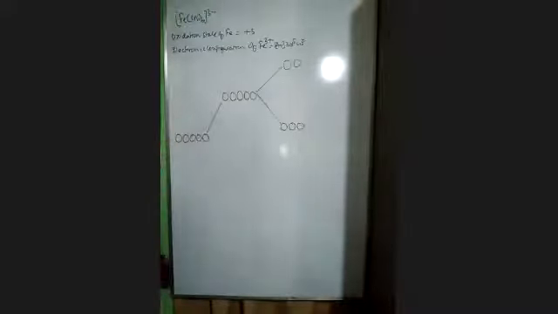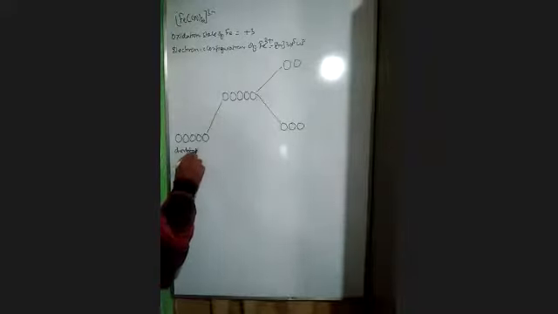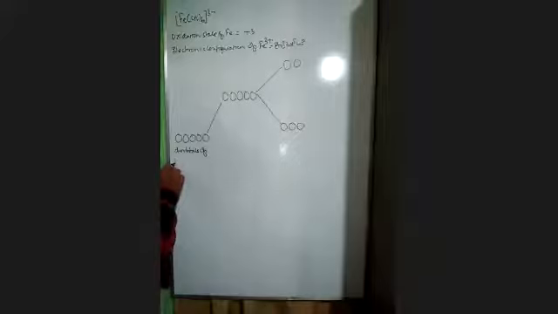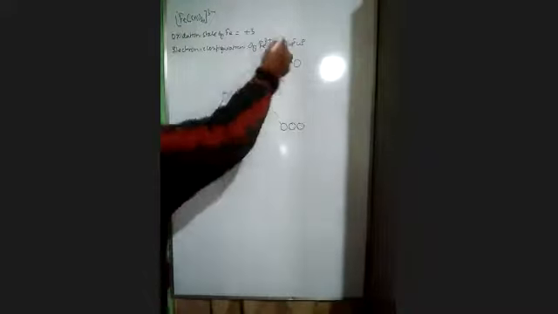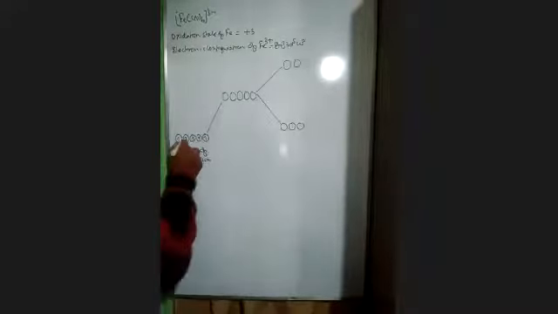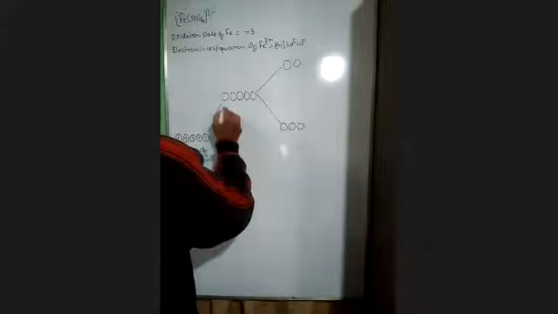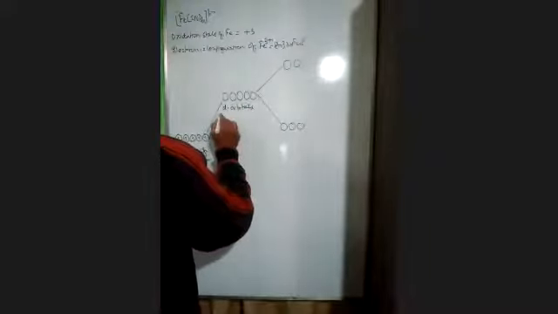Okay, now in exam, you cannot write like this. You write here d orbitals of free Fe3+ ion: 1, 2, 3, 4, 5. Then we write here d orbitals in